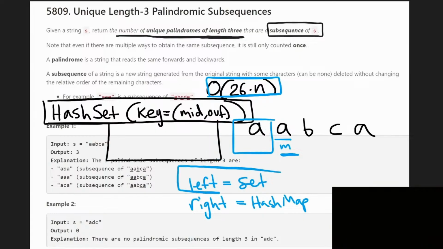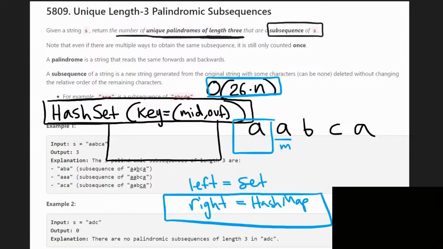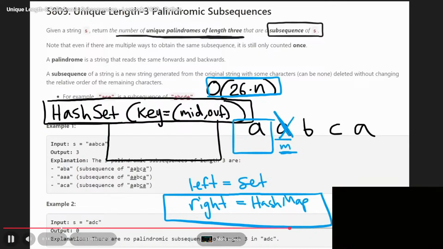If we have a hash set like this, then every time we get to a middle character like this, we can check in O(1) time for each character, A, B, C, etc., if we have that type of character that we're looking for on the left side of our middle character. We can also do the same for the right side, but we're going to use a hash map for that. I'll show you why exactly we're going to do that in the code, but the main thing is as we move our mid pointer over and over, we're going to be removing characters from our right hash map, and we want